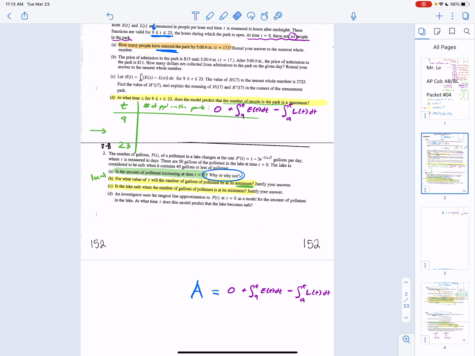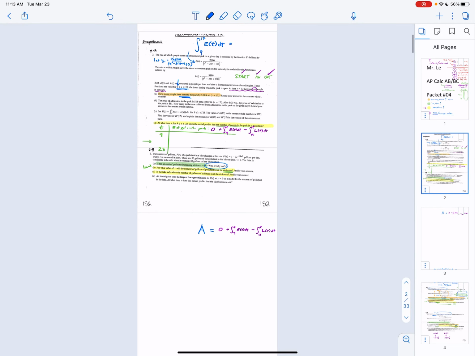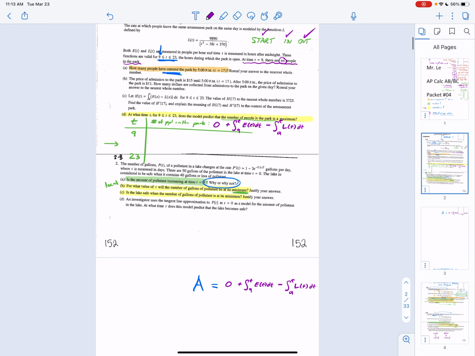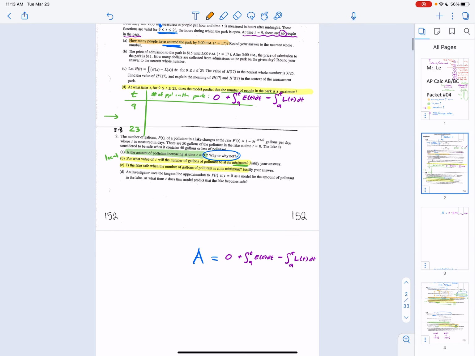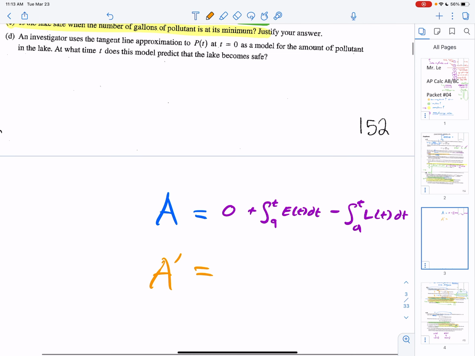To find the maximum, it could occur at the endpoints, which I have 9 and 23 here, or at the derivatives. So this is where you have to find a critical number. It's been a while since we've done that, but here we go. To find the derivative of A prime, the derivative of 0 is just 0. The derivative of just an integral